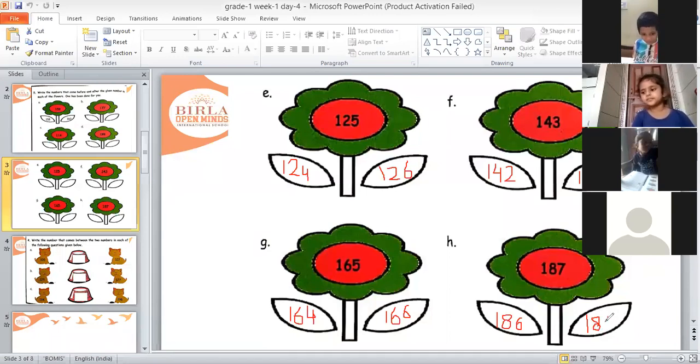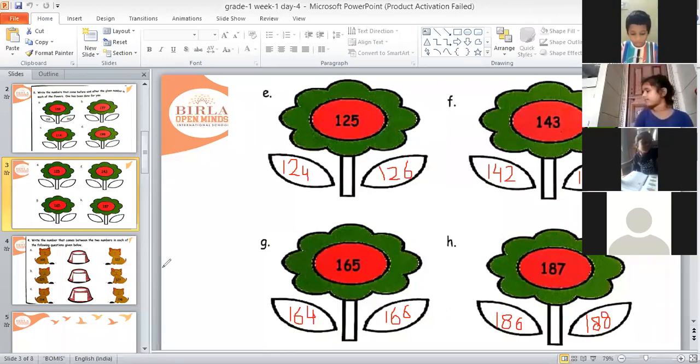Very good, Arhan. Yes, children, keep on writing answers in your math course book. Very good. That's the correct answer. Yes, Advait, what is your doubt? You are not saying anything, Advait. Lots of noise. Yeah, okay, children.